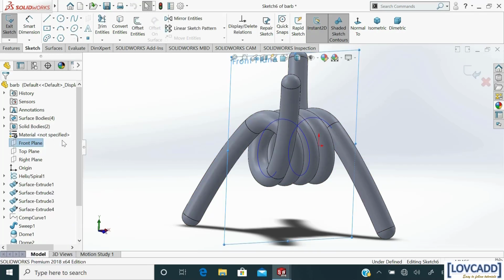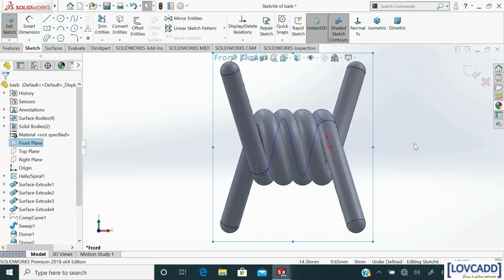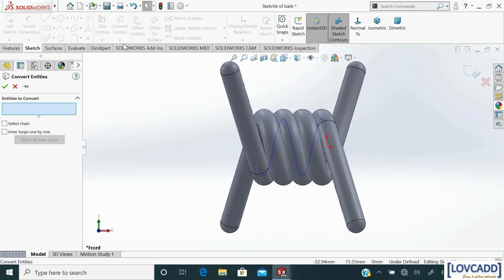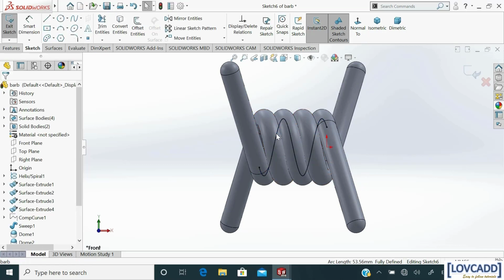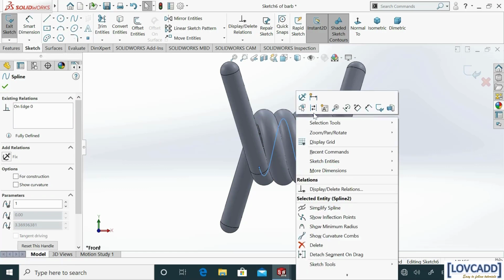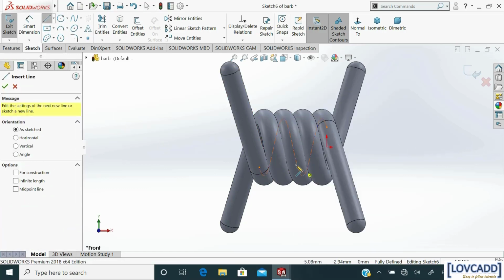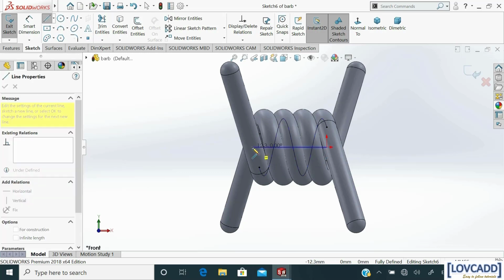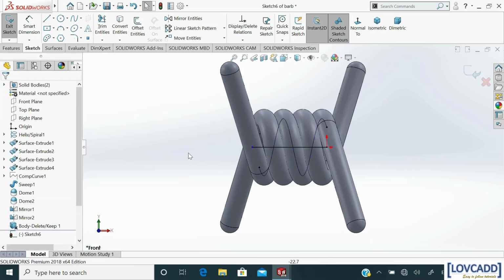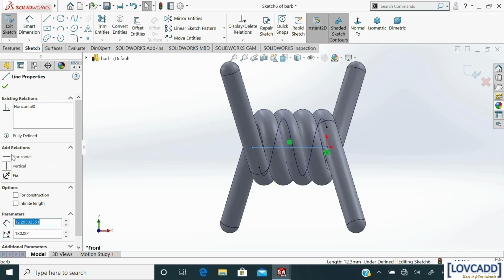Select front plane, sketch, normal. Select convert entities and convert the helix. Again select and check for construction geometry. Select line, create a horizontal line from center point. Check for horizontal.